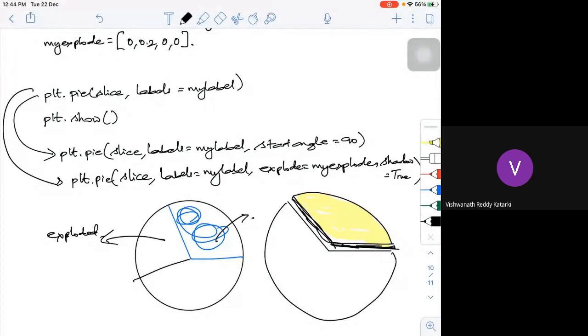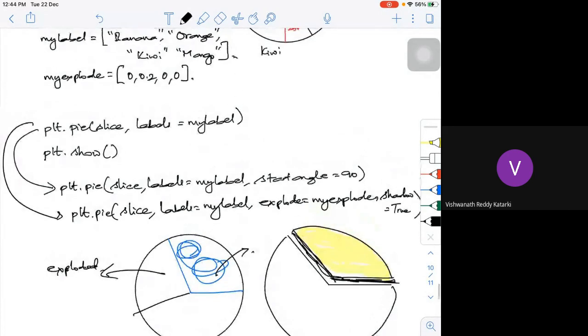So if you want to define it, just similar to explode, I can define my colors: black, green, red, yellow.